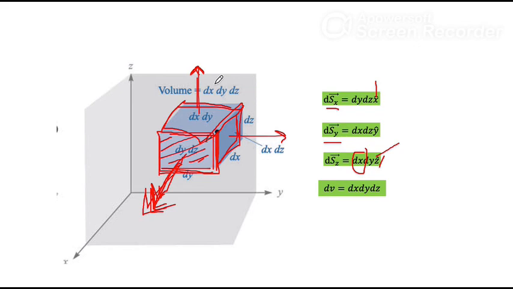Okay, so what would be the volume element? This is the differential volume of this box. You have length, width and height, so it is nothing but dx dy dz. Is a direction also associated? Thankfully no. So the volume element is this scalar, dx dy dz, which gives you the volume of this particular cuboid.